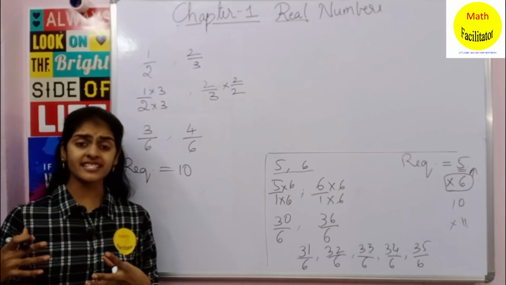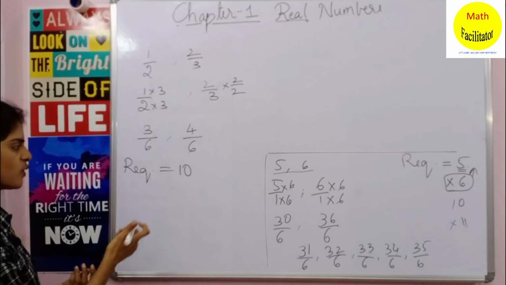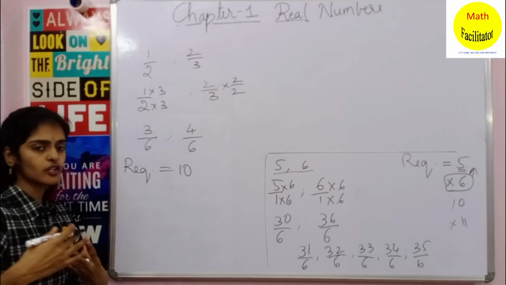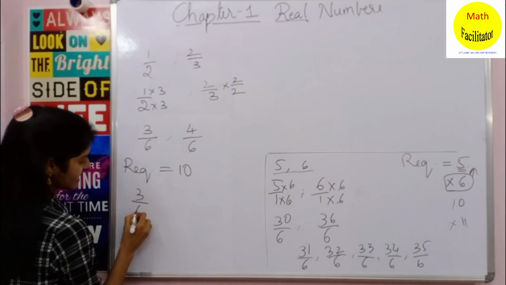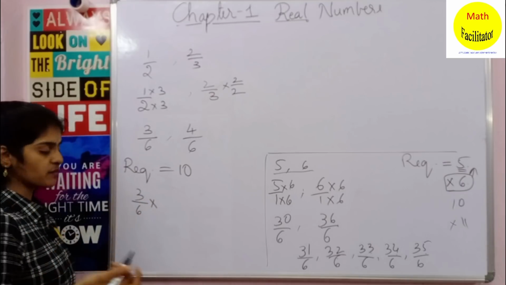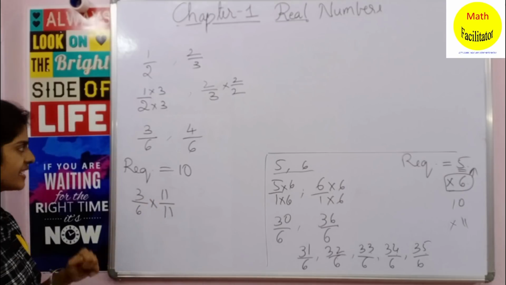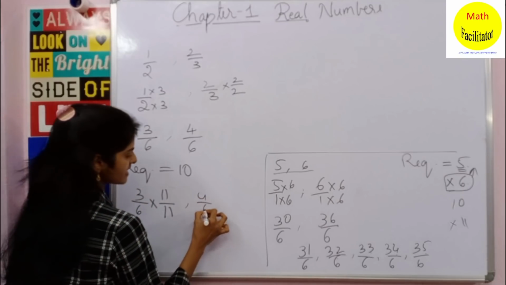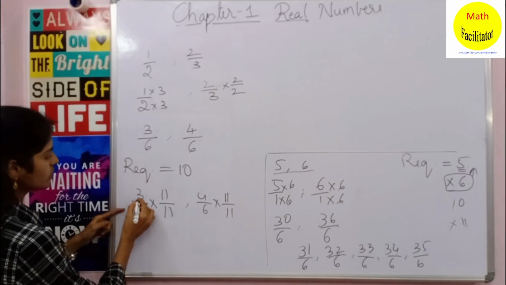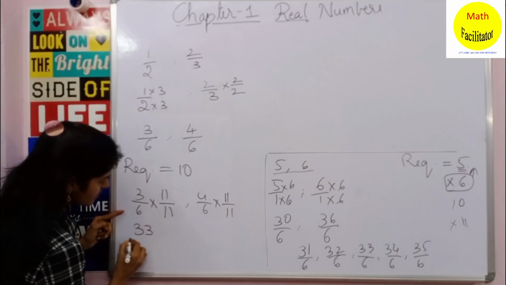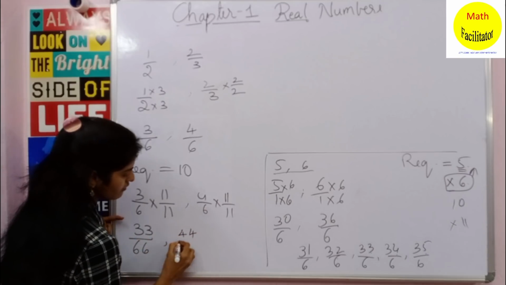Yes, which means that I have to multiply with one more than the required number of rational numbers. So the required number is 10, so you will multiply with one more than the required number. So 3 by 6 into one more than the required number is 11. Yes, so you multiply and divide by 11, and also 4 by 6 you multiply and divide by 11. Clear? So now 3 11s is 33 by 6 11s is 66, and 4 11s is 44 by 6 11s